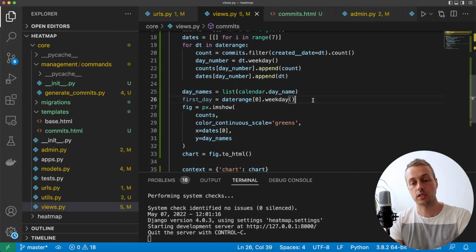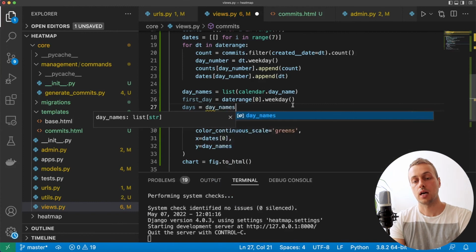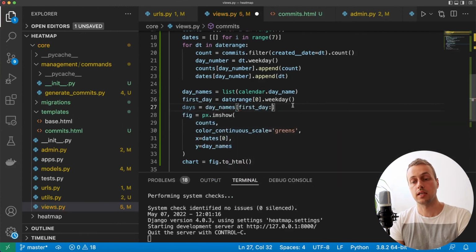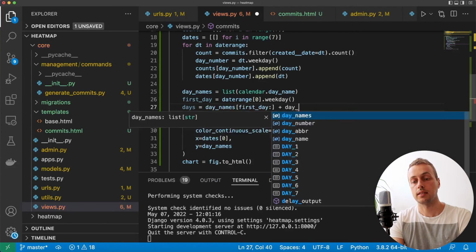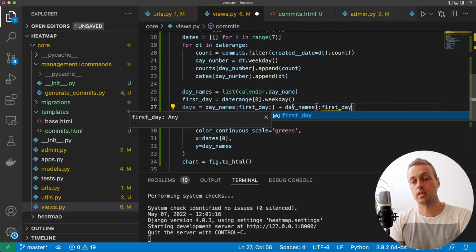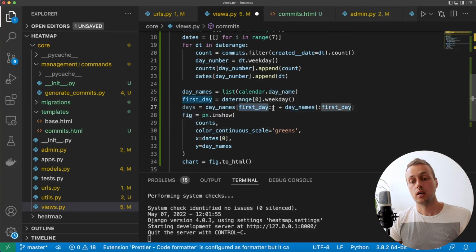of days. So let's create a new line here, and we're going to say days is equal to the day names, and we'll reference the day names from the first day up to the end of the list, and then to that we can add day names and we'll reference all elements up to the first day. Remember, first day is a number, so we'll take that number, for example 2, and we will go to the end of the list. So if the first day of the week is the second day, which I think is Wednesday, remembering of course that it's 0 indexed, then that will give us all days from Wednesday to Sunday, and